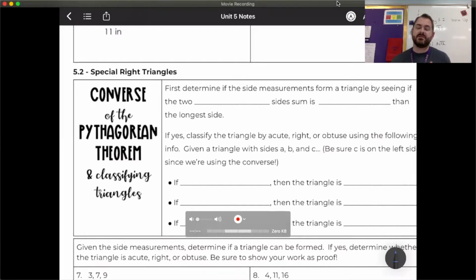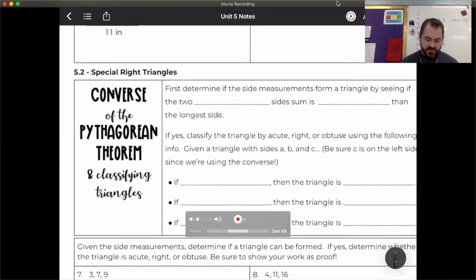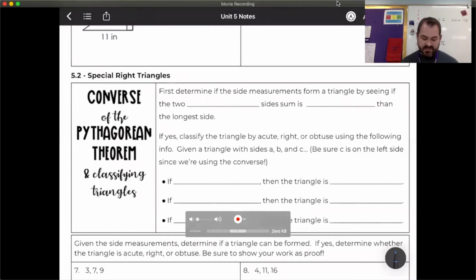We're going to look at some given sides here and try to figure out, could these be sides of a right triangle? We're going to use something called the converse of the Pythagorean theorem, or the Pythagorean converse. Okay, so first we want to determine if the side measurements form a triangle at all. Now, you might not be real sure what I'm talking about there, so let me illustrate that for you. If I have three numbers, and I'm saying those have to be sides of a triangle,